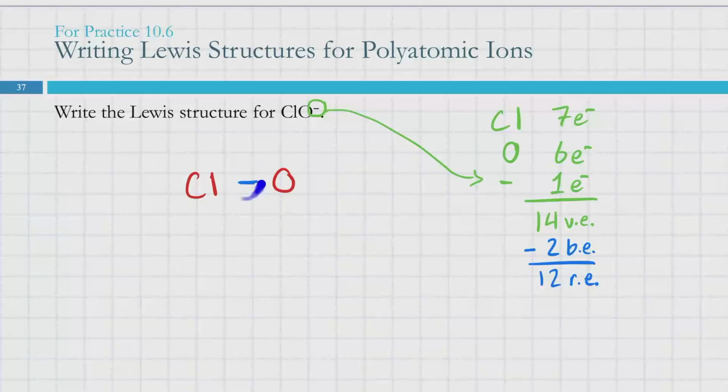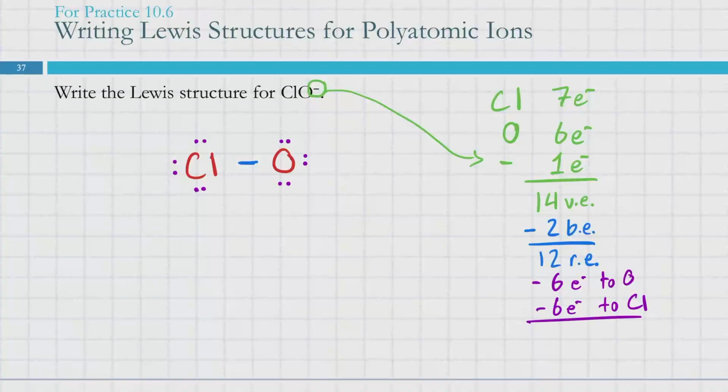They currently each have 2 electrons counting towards their octet, which means that they each have room for 6. We've got 2 of them, 2 times 6. We can use up all 12 of our electrons by giving them as lone pairs. So we put 6 electrons on the oxygen, we put 6 electrons on the chlorine,